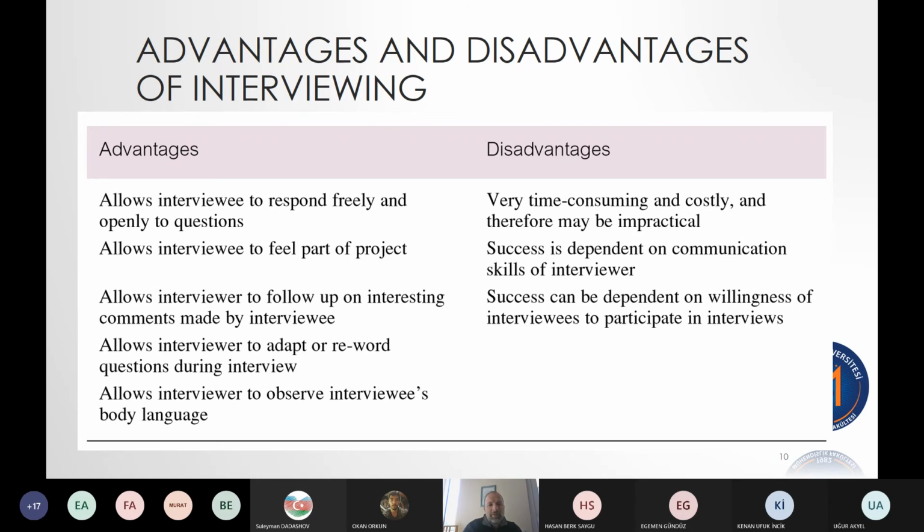It is also very dependent on the communication skills of the interviewer. If the interviewer takes both people from the example I just gave, who said yes, it's great, I love it, and just writes that down and says okay, I'm done, I wrote down what they said, that would be a bad interviewer. We need someone who is able to pick up on some of those nonverbals and go with those. And success can also be dependent on the willingness of people being interviewed, the interviewees, to participate,